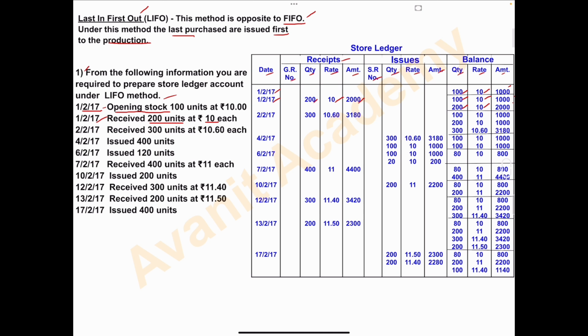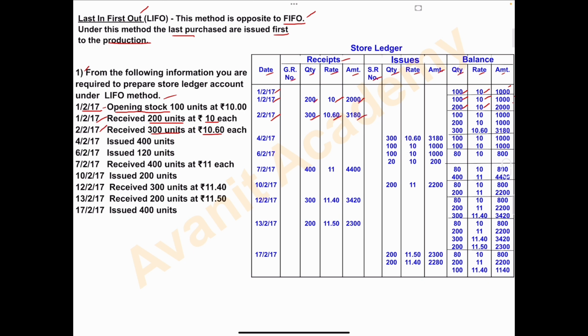2nd February 2017, received 300 units at rupees 10.60 each. Received, these are purchased. Write in receipts column, 2nd February. How many units are purchased? 300. Rate per unit is 10.60 and the amount is 300 into 10.60,